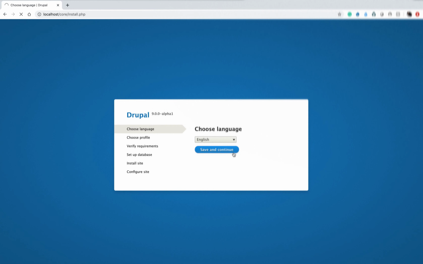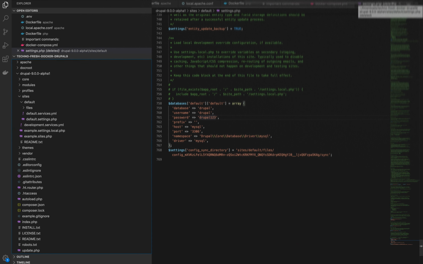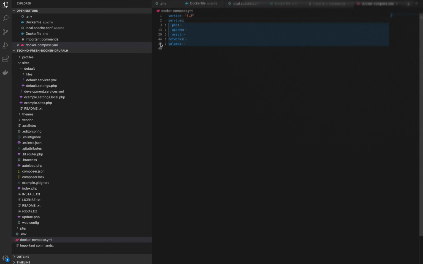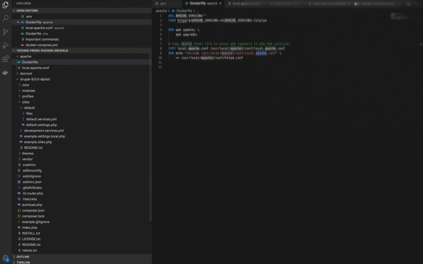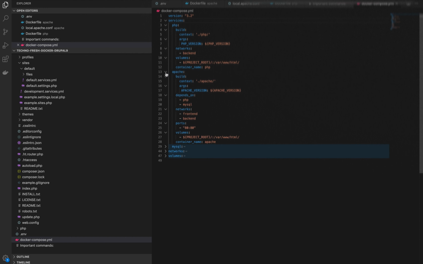I'm just installing this Drupal 9 on a Docker running environment. Yeah, it's running. Till then, I'll go to the code base and remove this Docker file. I hope you understand this Docker Compose file. If you have any queries about it, please do let me know.